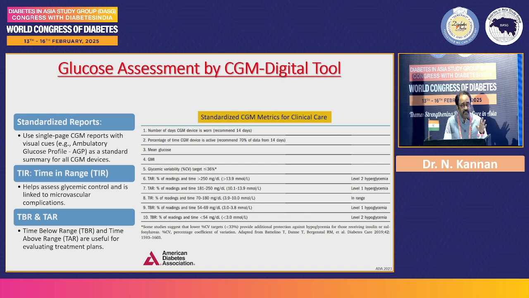So this should be implemented, and we also want to educate the primary care consultants regarding the importance of CGM in clinical practice, because all type 1 diabetic patients should receive CGM, and patients with bizarre abnormal glucose oscillation, type 2 diabetic patients also should receive CGM, and in some cases GDM also should receive CGM.